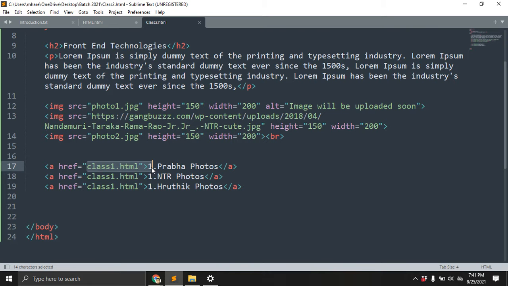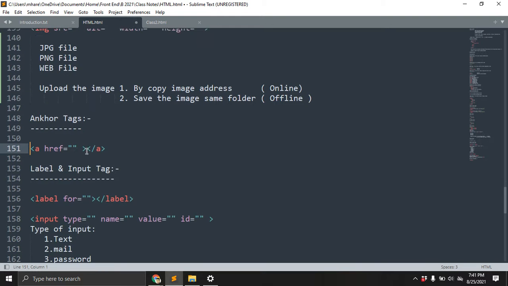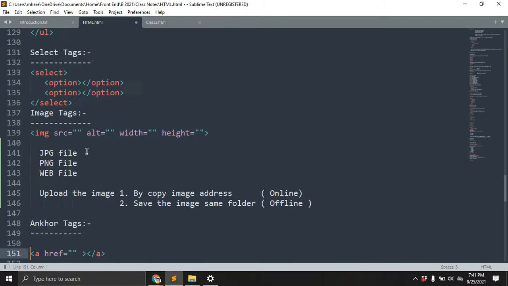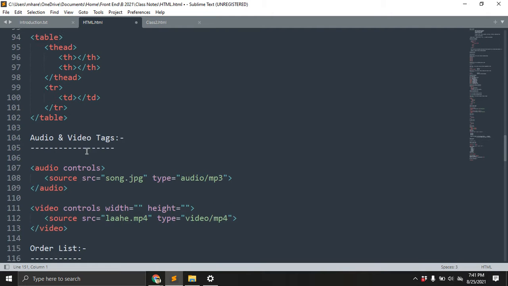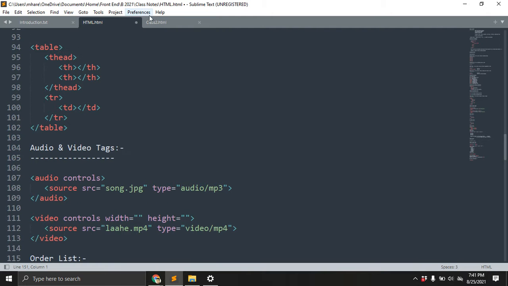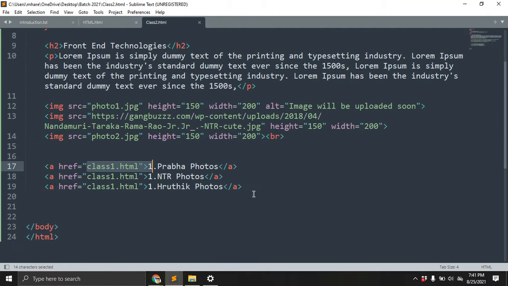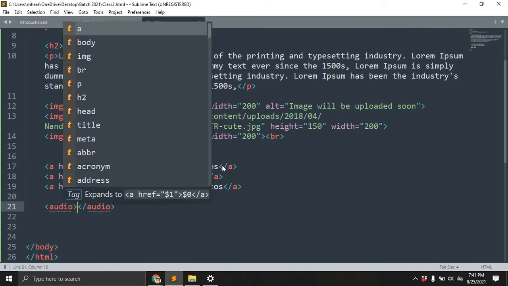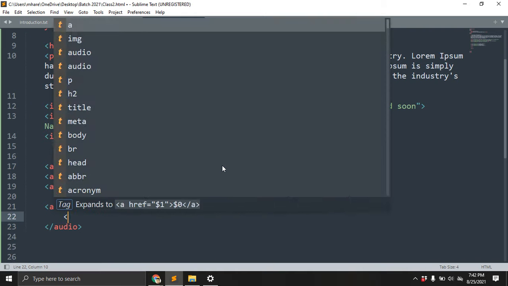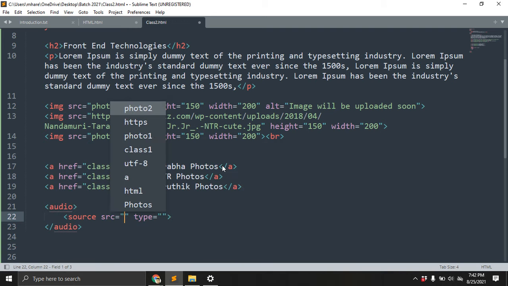The next one is the audio tag and video tag. Let's see how to do this with the audio tag and video tag. Audio, enter, source, enter.